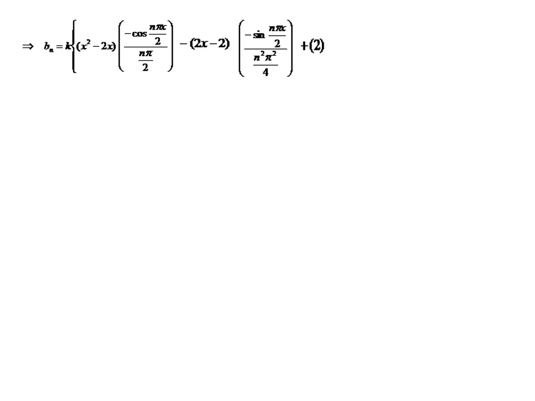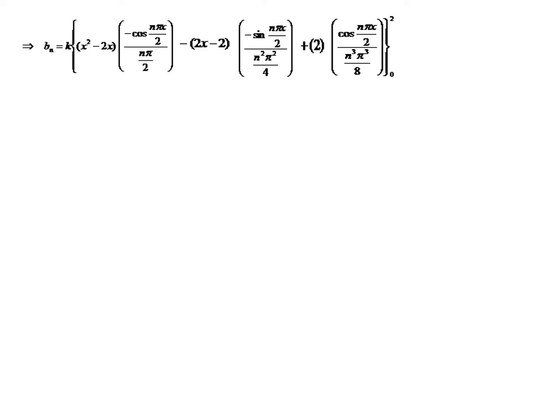Now differentiate the first term. When we differentiate the first term, 2x minus 2, we get 2, into integrate the second. Now the second term is minus sine. Remember, sine, when we integrate, we will get minus cos. Here we have minus sine, so minus cos we will get, which is plus cos. So cos n pi x by 2 divided by, again, n pi by 2 will come. So totally n cube pi cube by 8.